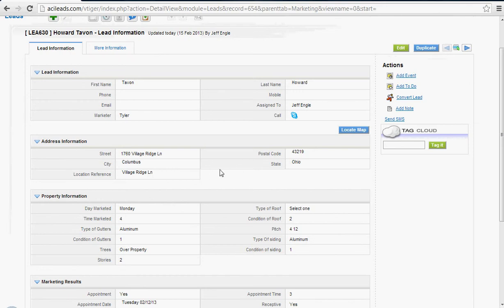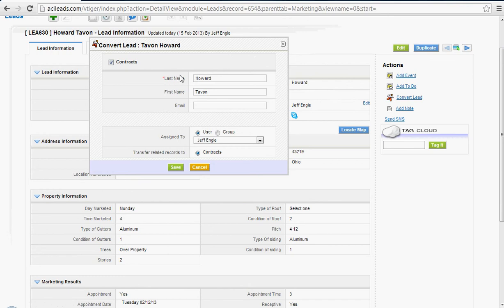Okay, now let's go ahead and show you what to do. If you go out there and you're like Jeff Engel and you're a one-call closer and you want to go ahead and convert this from a lead to a contract. Now we're going to move it one step up in our pipeline. The first step is a lead. The second step is a contract. Let's go ahead and convert this to a contract so we can look at this later. We'll go to convert,